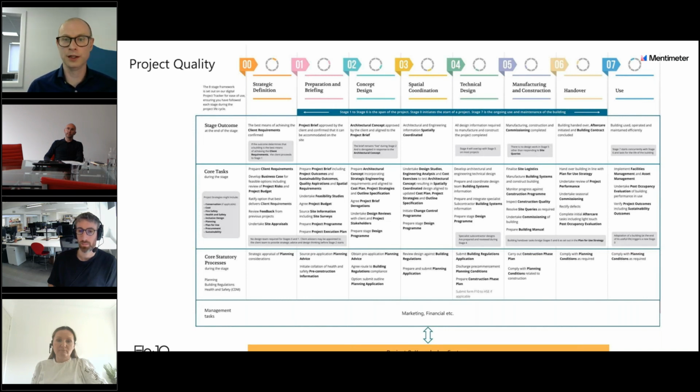Now, this particular graphic is not designed to overwhelm you. Indeed, some of you would recognize it because it's the plan of work by RIBA in terms of core tasks and the key processes, the core statutory processes that need to happen. And at the bottom there, I've added you'd have other management tasks that you want to take place. Now, whether you're running in a different geographical region or occupy and use a different number of stages, because of course, many of us have condensed these things down, the fact is there are things that need to happen along